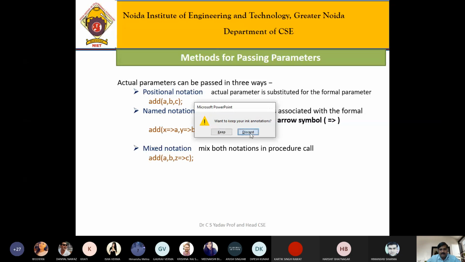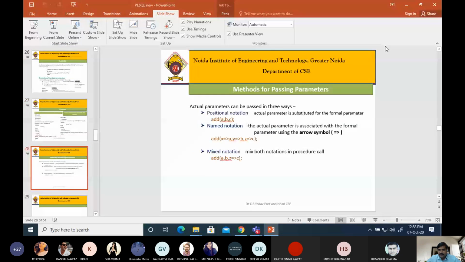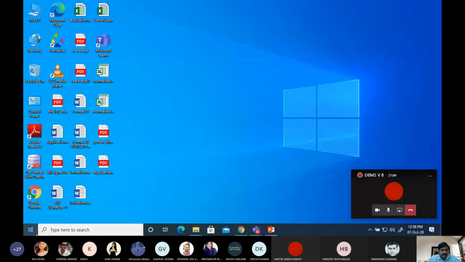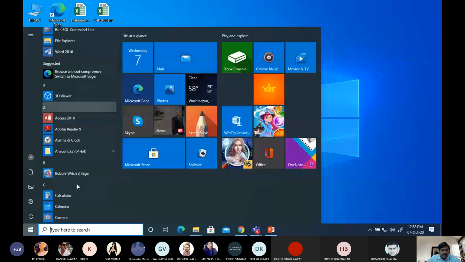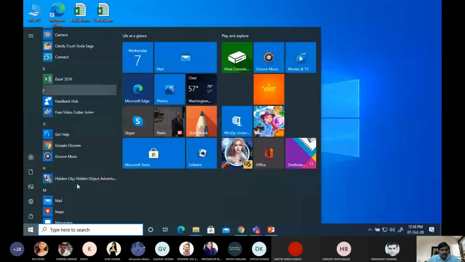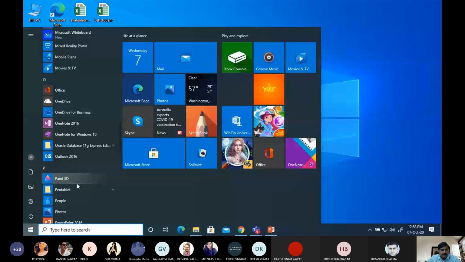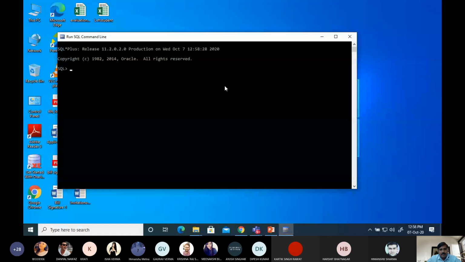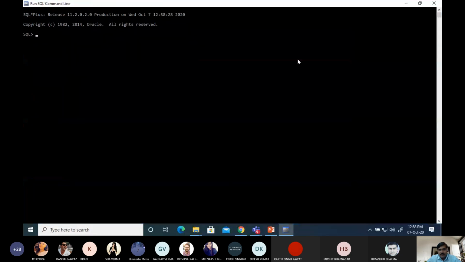Now let me connect with PL/SQL or SQL Plus. Is the SQL screen visible to you all?